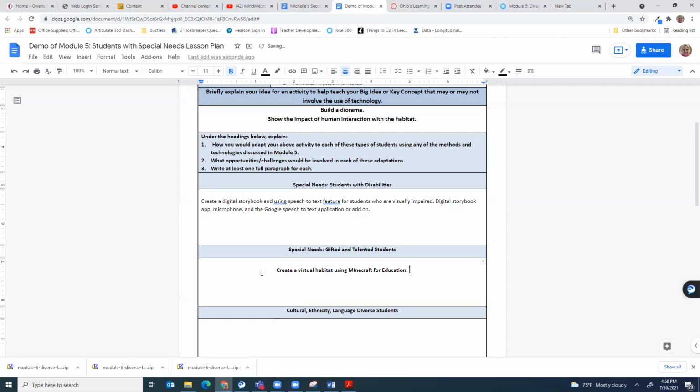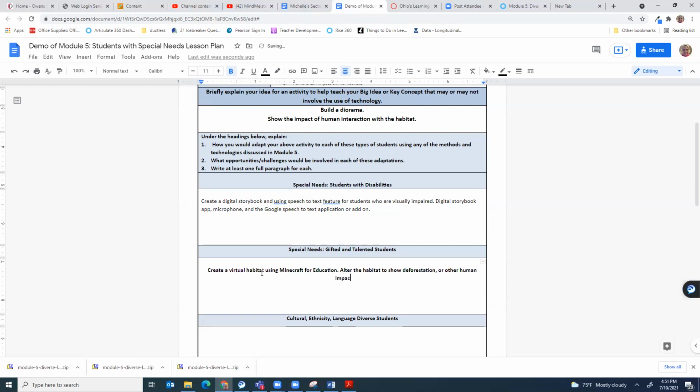And in this virtual habitat, they can alter the habitat to show deforestation or other human impact on